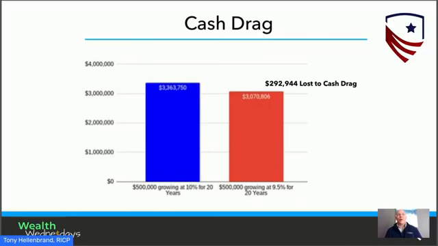Okay, so if the market really does do 10% in a given year, your cash drag cost was 0.5%. You could have gotten 10% if you were fully invested. Instead, you only get 9.5% because you were only 95% invested. So think about that. That's 0.5% in cash drag. When the fund only had a 0.6 expense ratio, you're paying almost as much. You're losing out almost as much due to the money not being invested as you are paying for the expenses in the fund. Okay, so that's kind of nuts right here. If you total those together, between the fee you're actually paying of 0.6 and the cash drag, you're really more like 1.1% in total costs or expenses or drag.